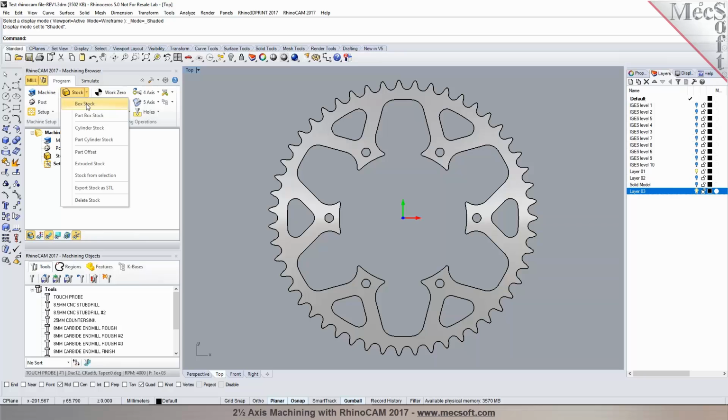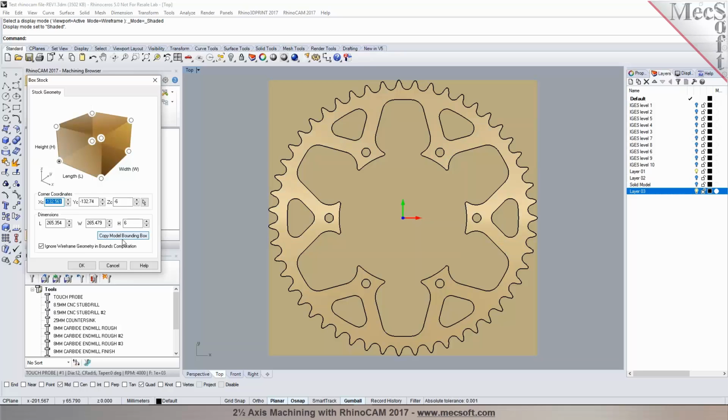You can go to stock. We could start with the box rectangular stock or a cylinder stock, or you could even do stock by extrusion, stock by selection as well, which are offered in our Pro configurations. With our standard, you could do box and cylinder stocks as well. Now, are you going to be starting with a rectangular piece of blank, or would it be a round blank? A square. So you would pick box stock in here, and the moment you select copy model bounding